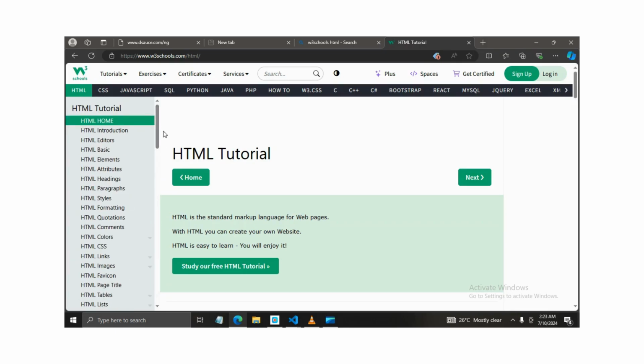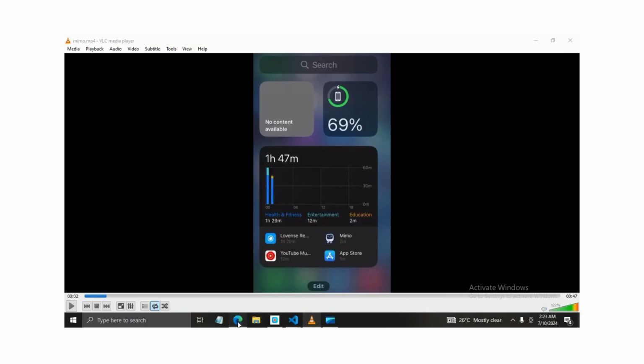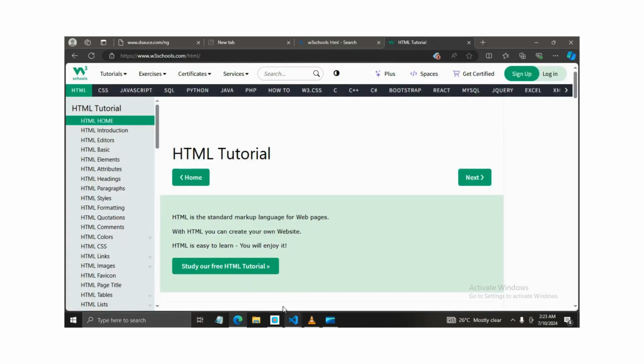Although I would advise the Mimo app. Otherwise, if you really want to pull through with this and be guided as you go through with it, what I would advise that you do is